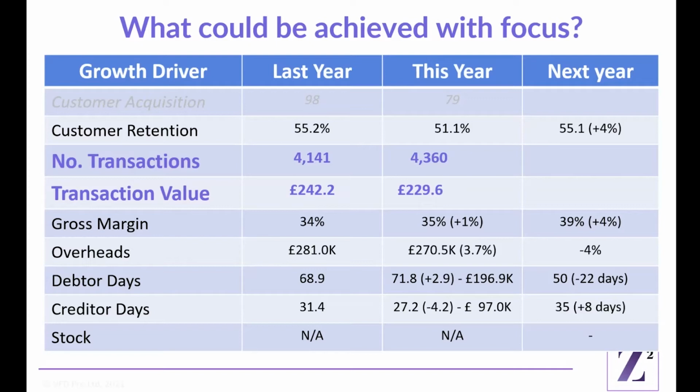So looking at Alex's figures in KPI software last year versus this year, we can see the movement, good and bad. So the key question is, if we're going to look at how to influence these business drivers to make an improvement, what are they going to be next year? Now, as we know before, without change, we can assume that there's going to be another 219 transactions, but also a further 12.6 reduction in value per transaction.